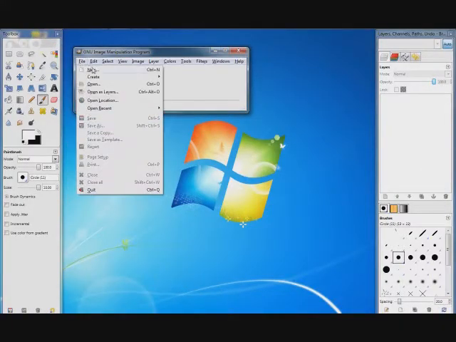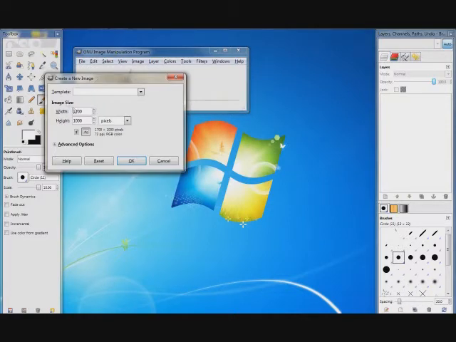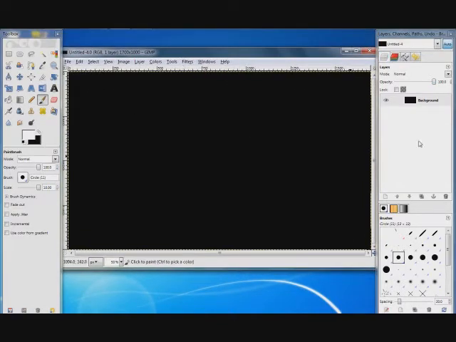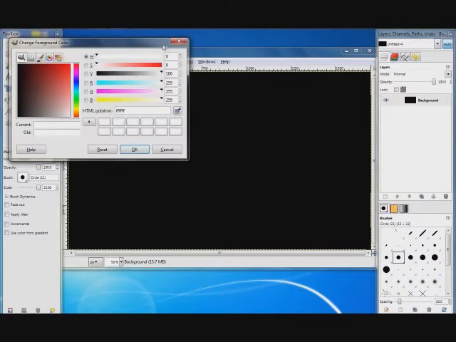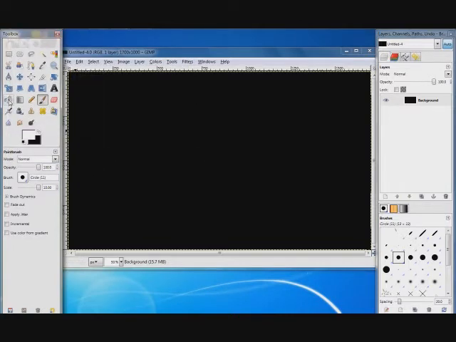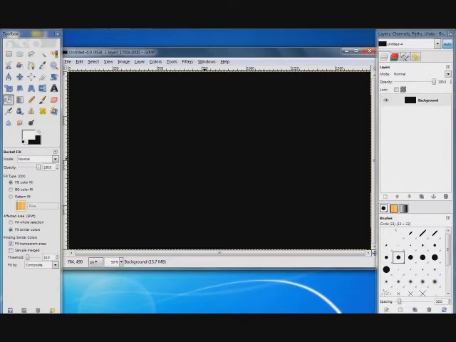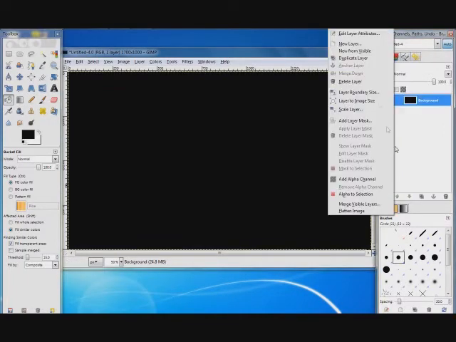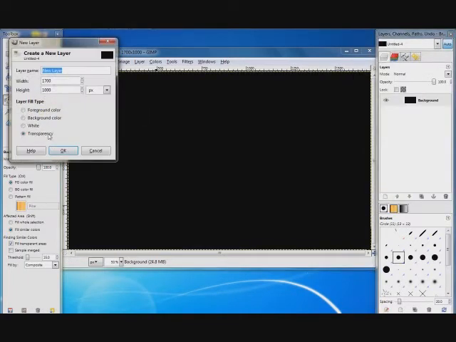Firstly go File, New, and write in those numbers, and then press OK. Well, I like to have the background black, but if you want to change it, you make sure it's white by clicking this, or editing it by clicking that, and you do this and left click the screen. I like black better as the background. So then you go New Layer, Transparent,